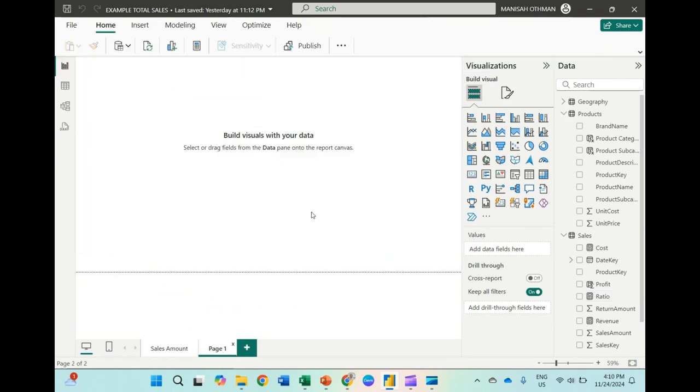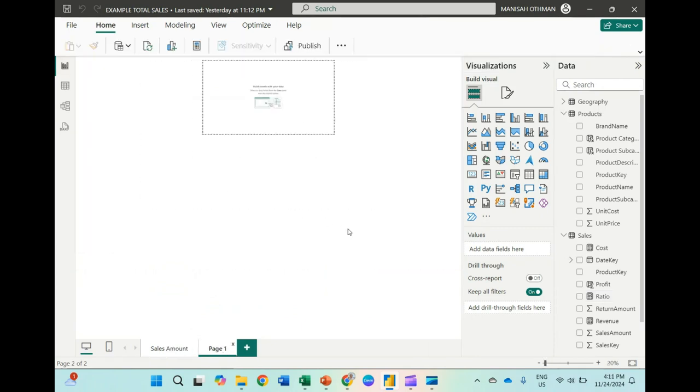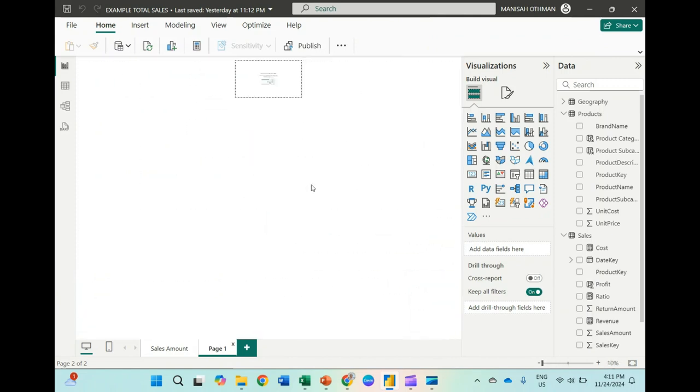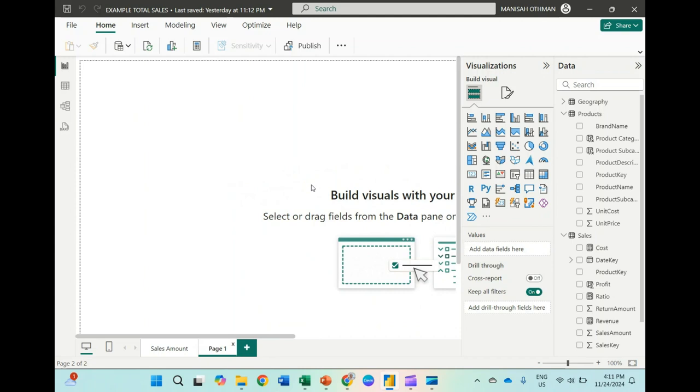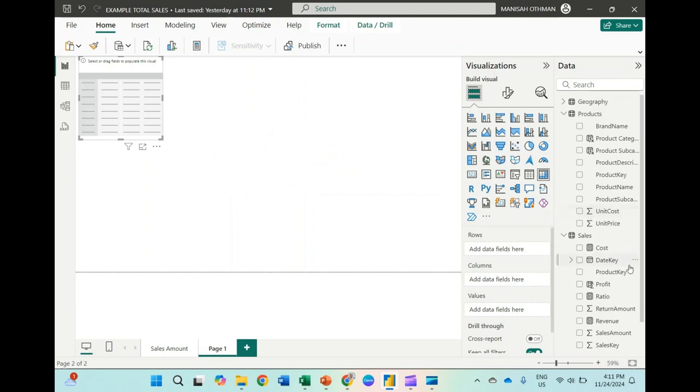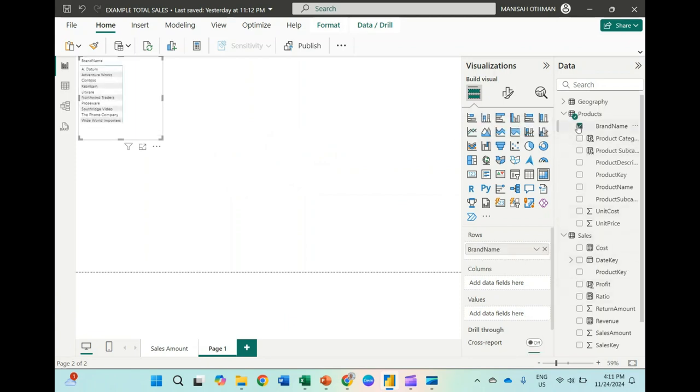Okay. All right. So then if you want to create a table, okay, go to the report. Go add a new page. Okay. Oh, it's so small. Okay. Can you create a table? Sorry. One, fit to view. Okay. All right. So this you can see here. This is you have a matrix, this is a common table. Okay. So this is like a pivot table. Okay. Let's say you want to put a brand name. Okay. Brand.